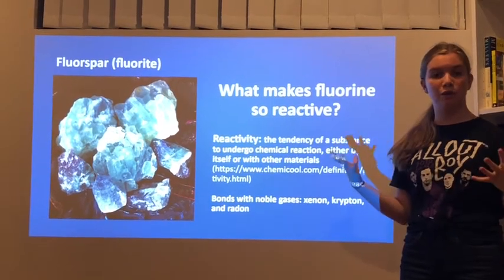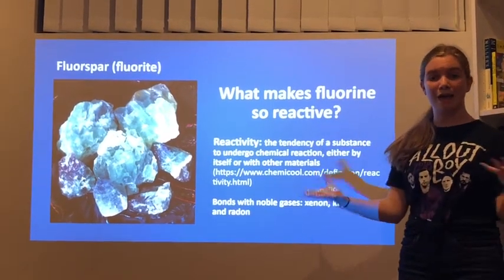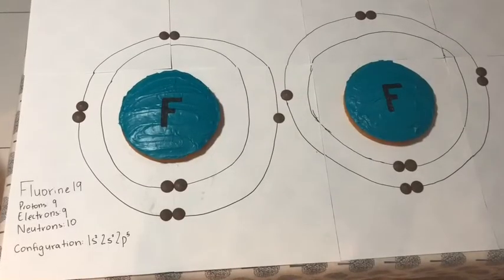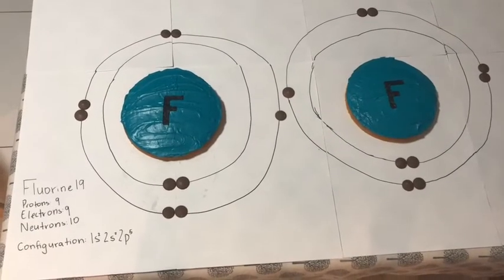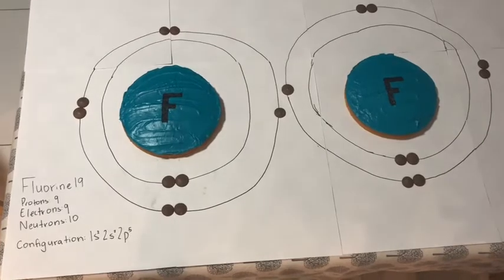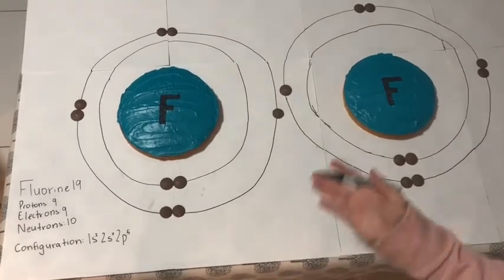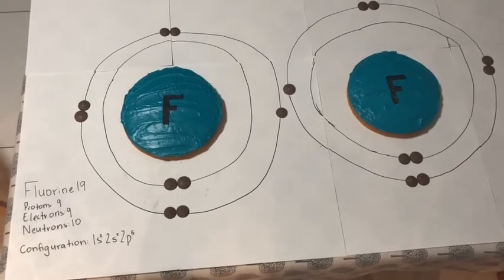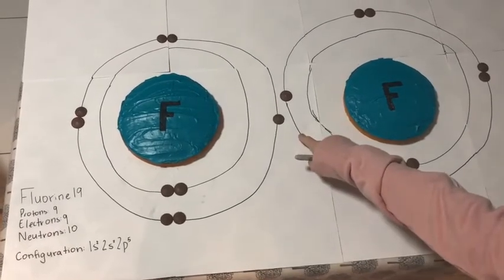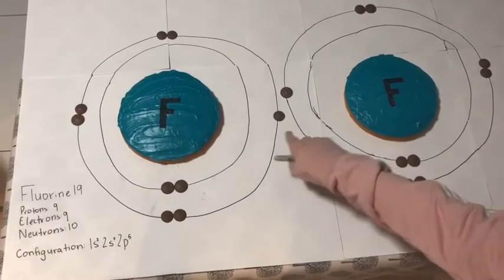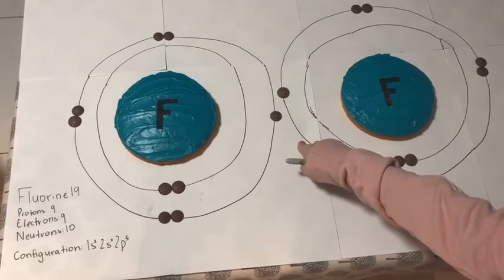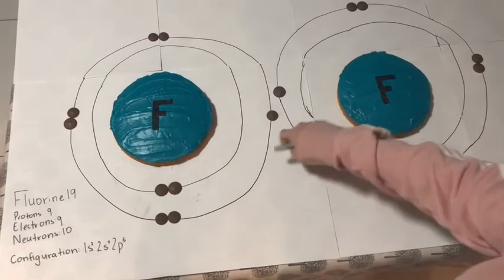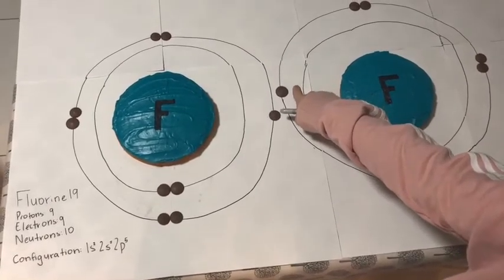Because fluorine is a nonmetal, it forms both covalent and ionic bonds with other elements, including itself. Fluorine is one of 7 elements that naturally occur as a diatomic molecule in its gaseous state. This is an example of a covalent bond, as both atoms are classified as nonmetals. A covalent bond is formed when outer shell electrons are shared between the 2 atoms, as can be seen in the diagram. A single pair of electrons are shared between the 2 fluorine atoms, demonstrating a single covalent